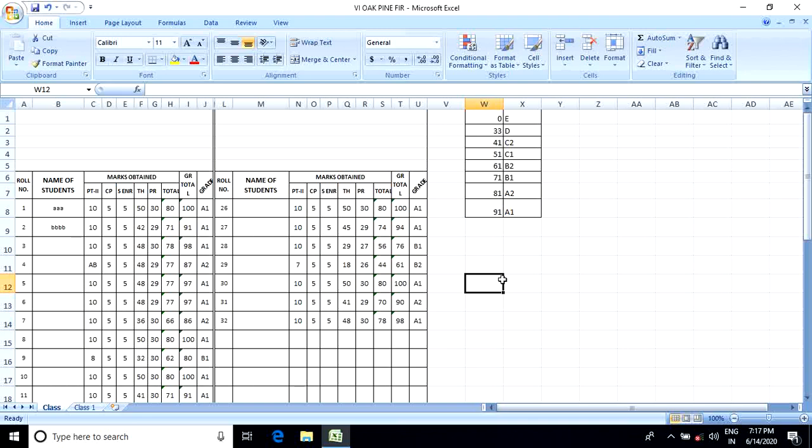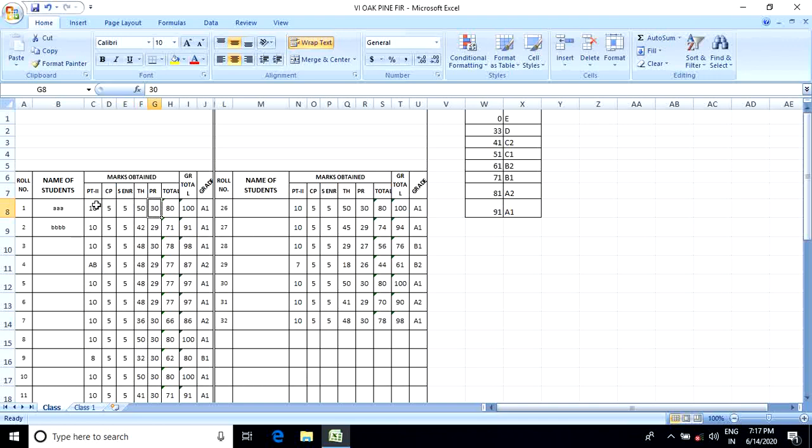Now some calculation. Suppose we want to add numbers in this spreadsheet software. Here are the numbers: number 1, number 2, number 3, number 4, number 5.